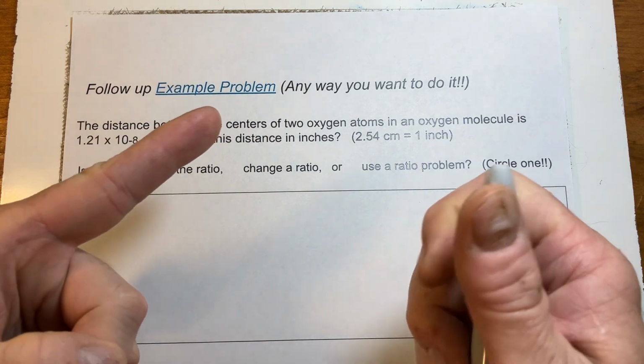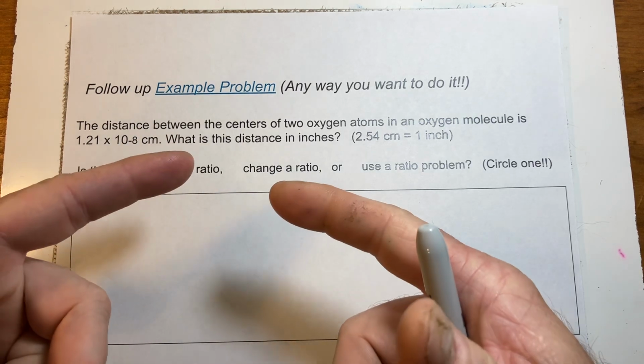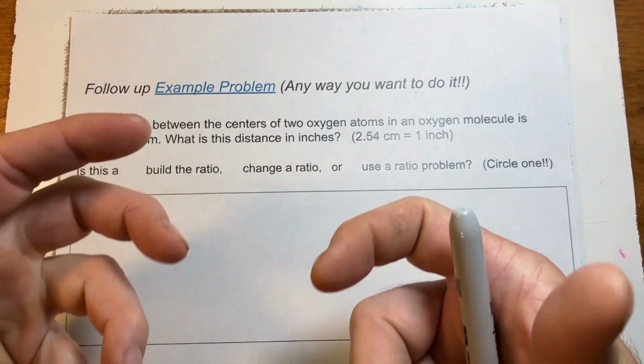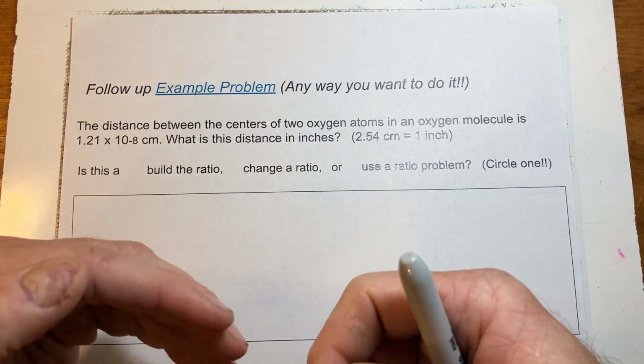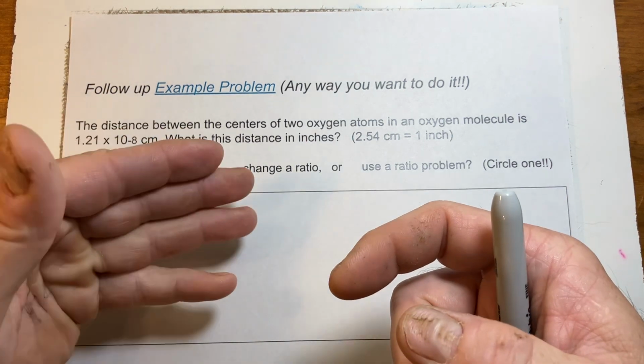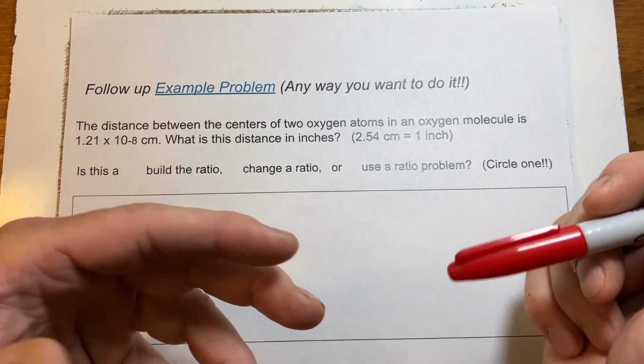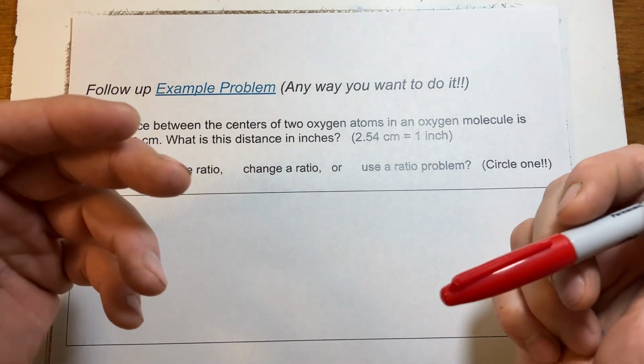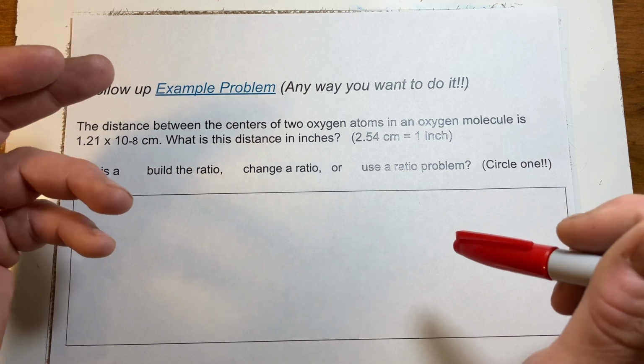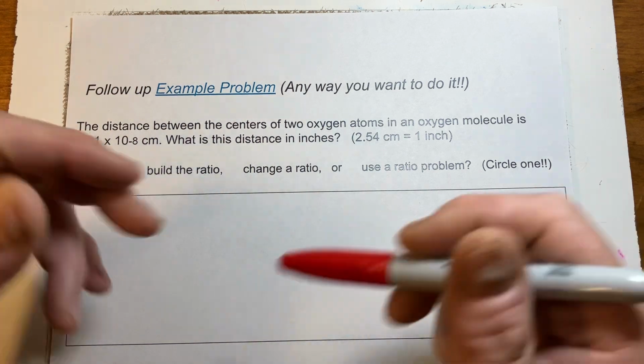So remember, we have the building a ratio type of approach to conversions, like when you're dealing with density, we have to put one number over another number and find a ratio. You have changing a ratio, and we also have using a ratio along the way, i.e. dimensional analysis. This one's pretty straightforward in terms of how we're going to deal with it, because it's really just